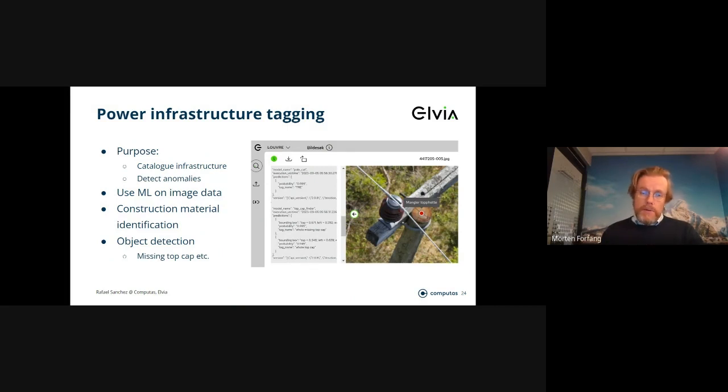So we use image recognition AI software to assess the type of material, the wear and tear of the material, that's the red dot on the picture, and also whether there is physical damage, things that really need to be taken care of. There is a cap that is missing on this particular picture. These things are done by an AI, instead of dozens of people spending their entire day sifting through these images and trying to see the same things. And then you free up a lot of labor that you can use for other more competent purposes, for example.